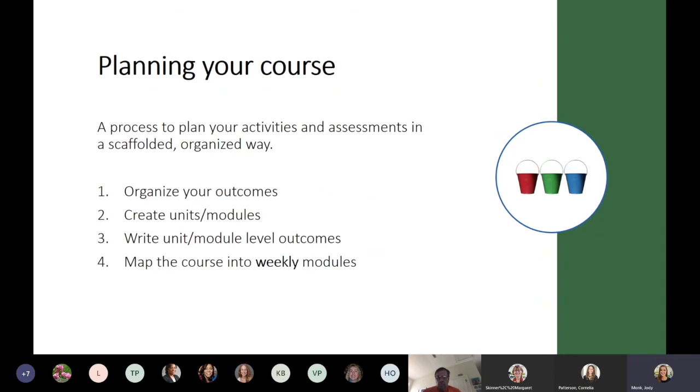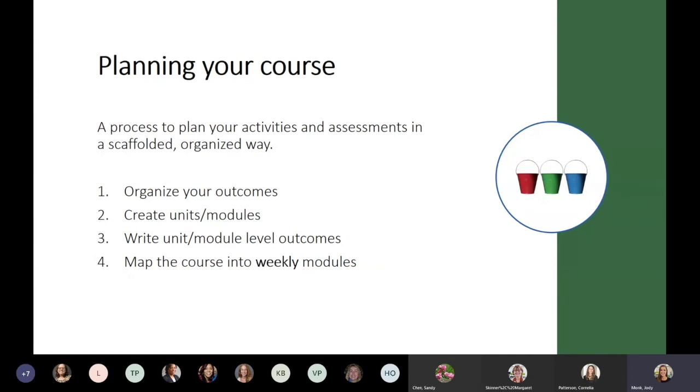The next thing you want to do is build those into units or modules. So we like to think about this as different buckets. So what are those big key concepts you'll be covering, and how can you sort through your outcomes into these learning modules? And we do have typically 7 or 15 weeks in a course. At this point, you don't really need to be thinking about weeks, but more what chunks of content make sense to put together for my students so that they're getting all the early knowledge they need so that they can use and apply some of these concepts in more depth as the course goes on.